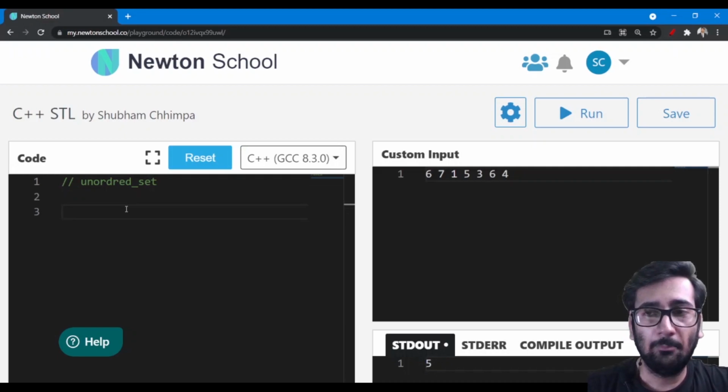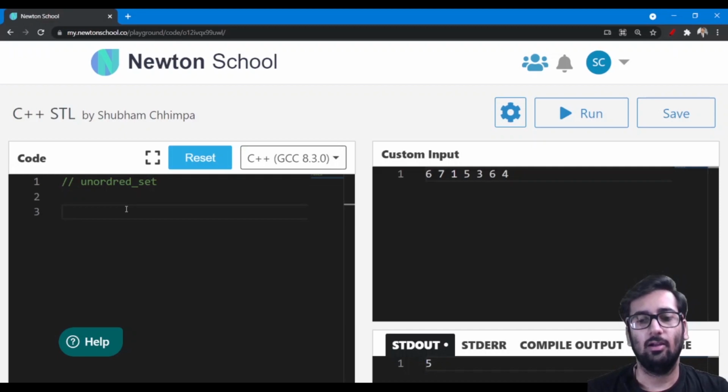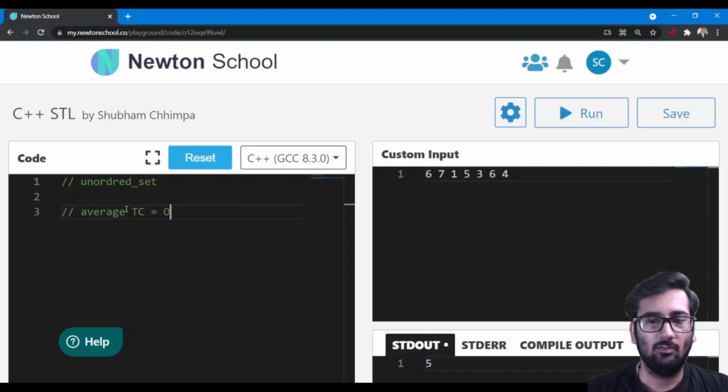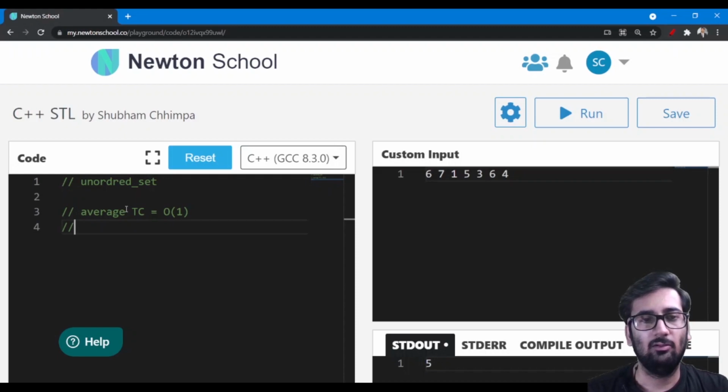Unordered set is implemented under the hood by hashing, so its average time complexity will be O(1) in case of most of the input types. In the case of strings it can be different because a string is of n length, but for most primitive data structure types, it will be O(1) in the average case.